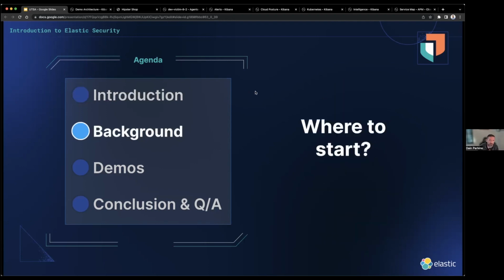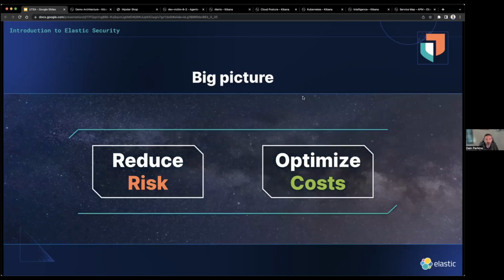In terms of background, where to start. I like the big picture. So when I look at information security holistically, whether it's been from a standpoint of buying, selling, designing, implementing, or managing information security technologies, I look at it from the lens of reducing risk and or optimizing costs.